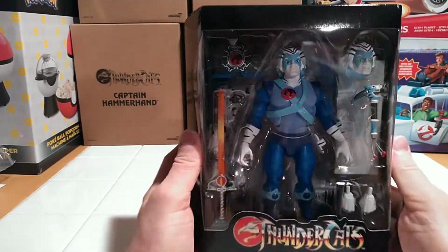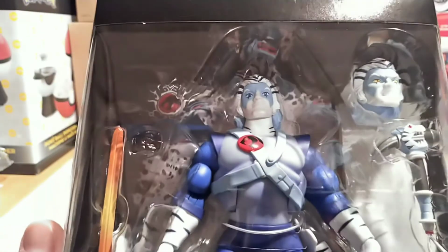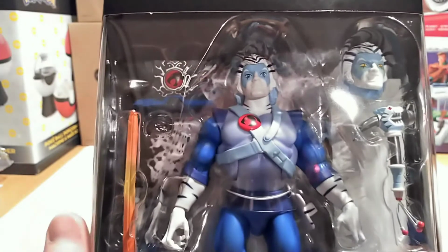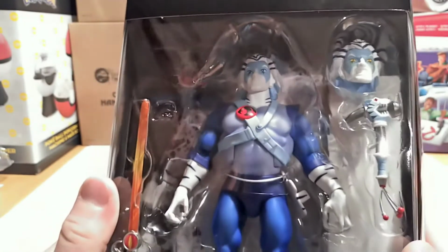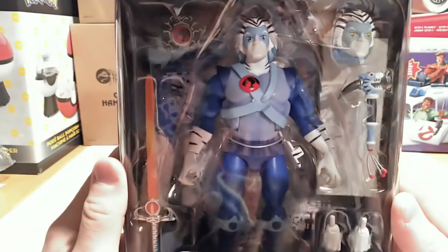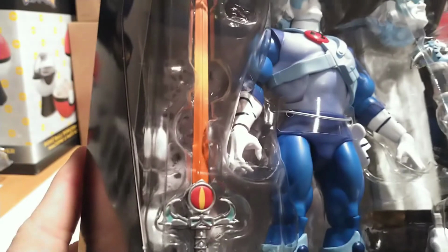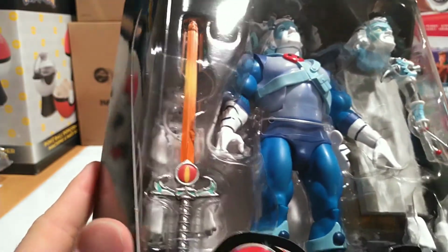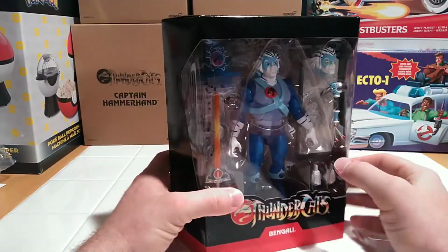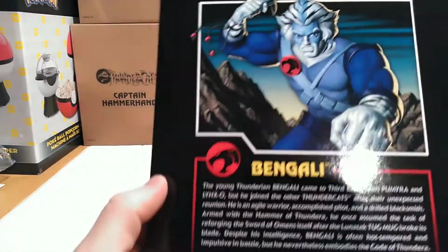Bengali. I like Bengali. I thought he was the cooler, most interesting of the three new Thundercats from the original show. But here's the box. On the back they give this little